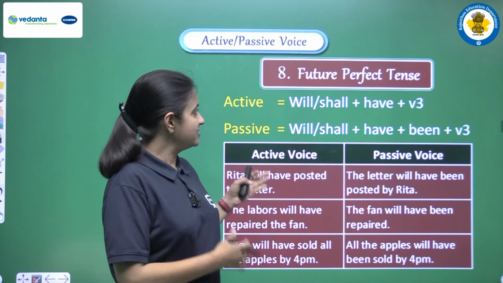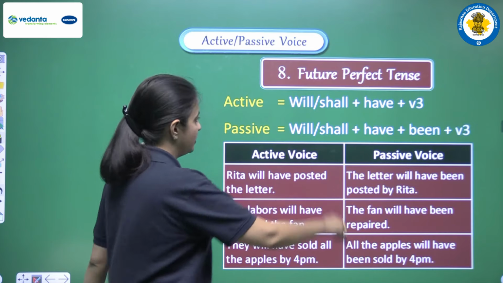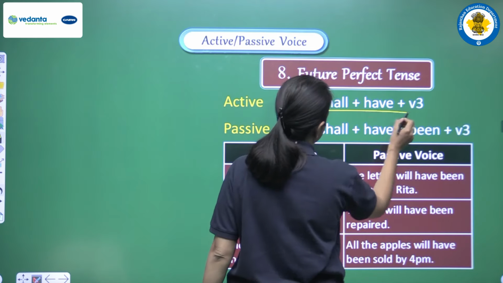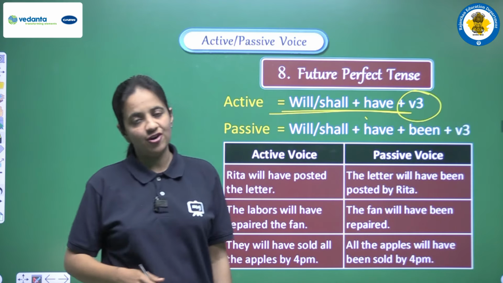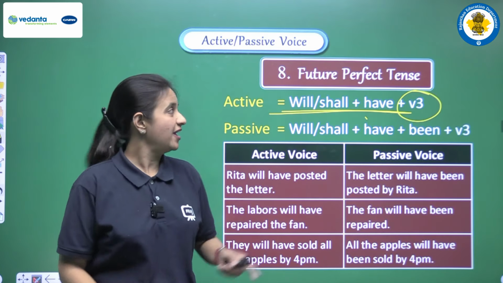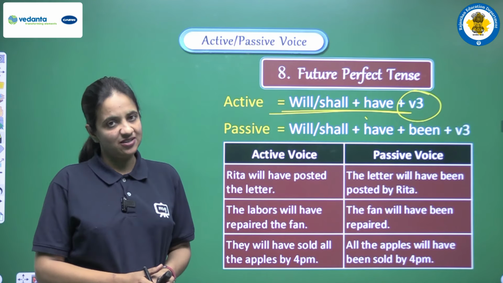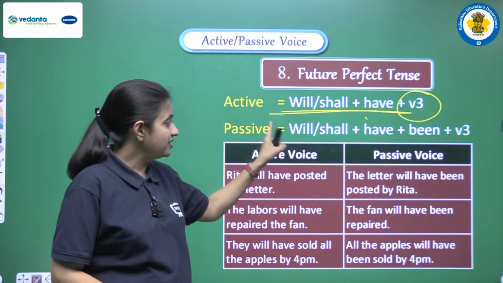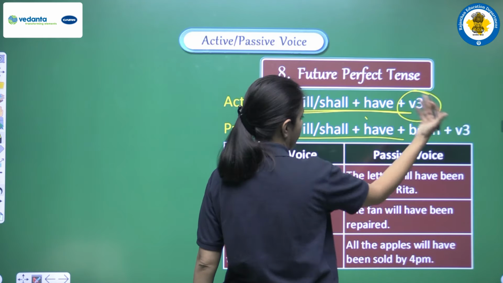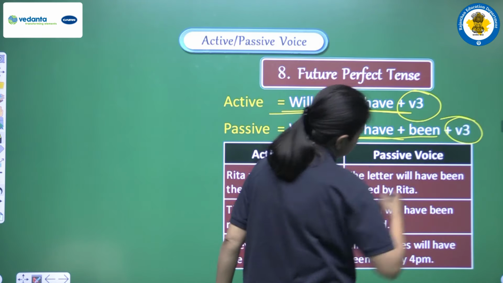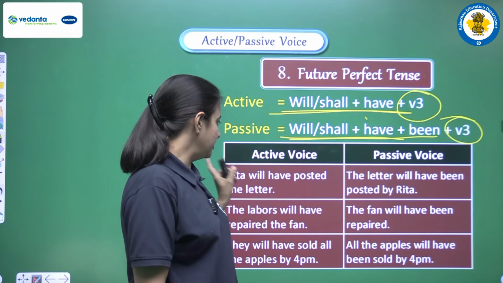So students, the next tense that we are having here is future perfect tense. So future perfect tense means as a helping verb in the sentence there will be will have or shall have, and yes, there will be third form of the main verb. So if we are having future perfect tense in the sentence of the active voice, then in the sentence of the passive voice, then that we will make. So in that sentence as a helping verb we have to write will have been or shall have been, and yes, in passive voice third form of the main verb. Okay, so let's see some of the example that we are having here.